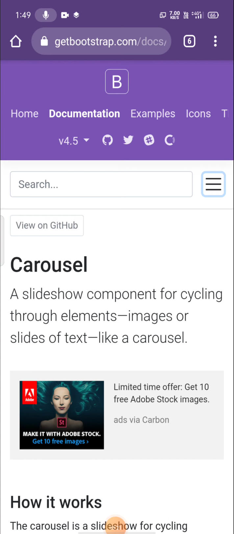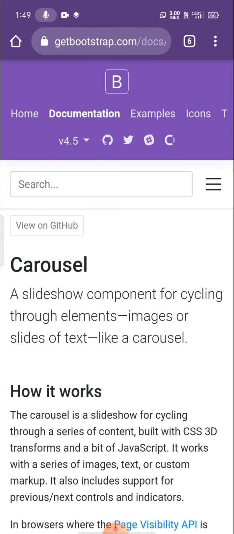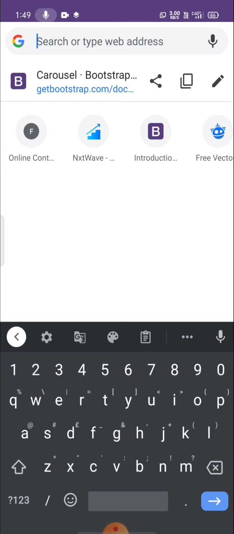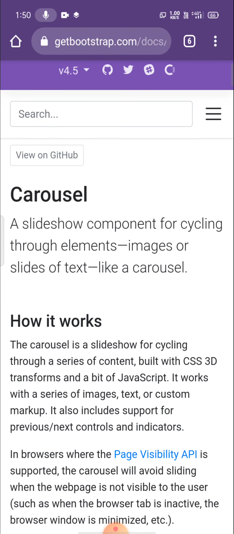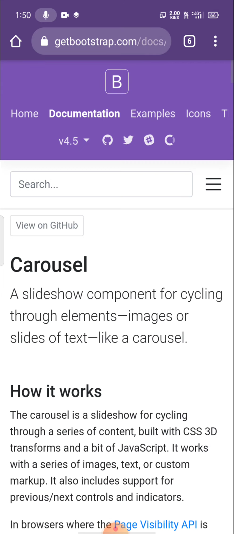Now we will see how to get the Bootstrap code for the carousels. For this we need to type bootstrap.com/docs/4.5. If we type it, we will directly go into this website. Here we need to go into components. In components we need to select carousel.